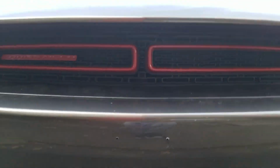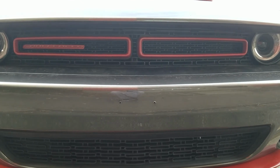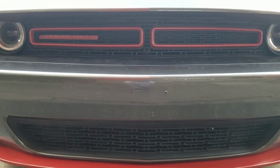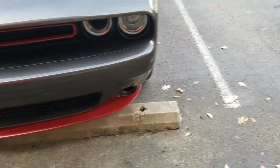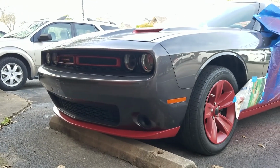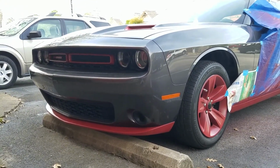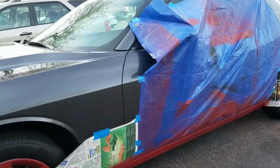Alright, so now after 2 layers of paint and 2 layers of clear coat, this is what it looks like. See, same color, same finish. Basically it'll look like that, and I like the way that looks. And as I was doing this side bottom skirt,